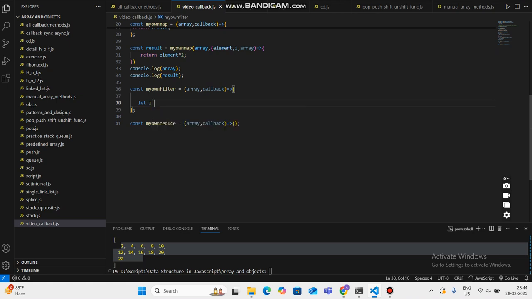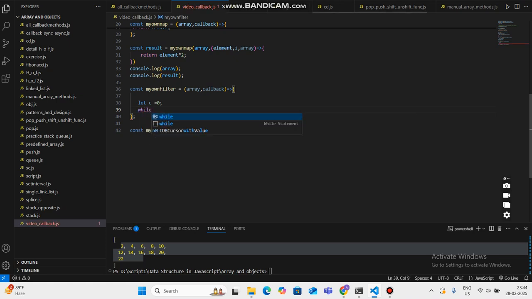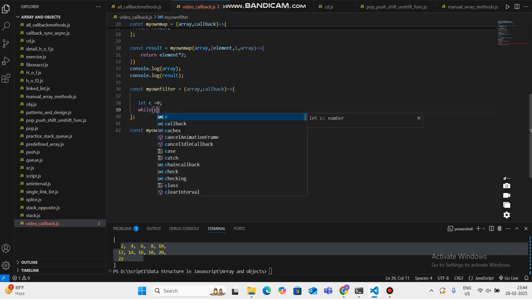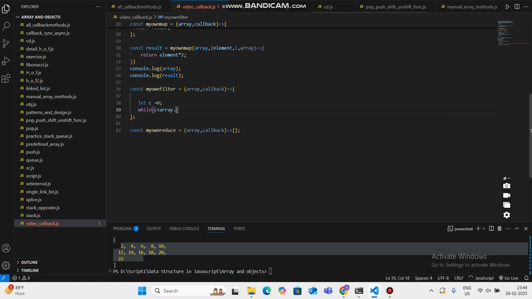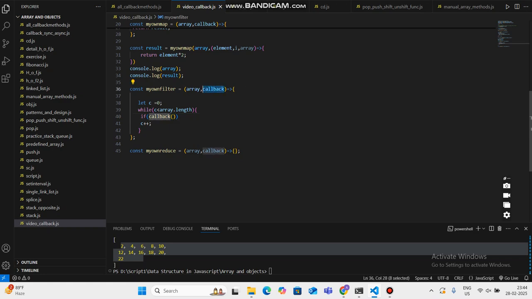Let i equal 0 for the counter, or c, I'm writing. Watch carefully. It will go on and on until c is less than array dot length. Okay, c plus plus. Okay, if the callback satisfies, whatever condition I give inside this function, then only it will